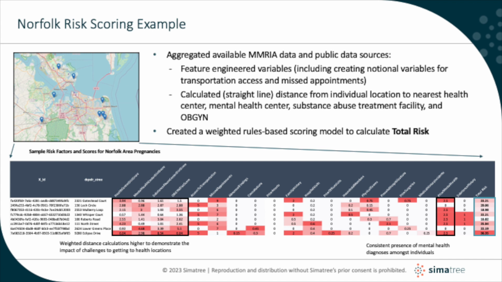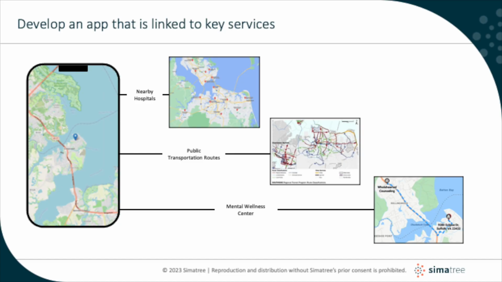Our final model would be able to prioritize and bucket these individuals into programs to identify the most appropriate approach to get them the care and assistance that's needed. Now, to supplement our risk model, we are also proposing the creation of a mobile application that takes an individual's location and helps them identify the nearest location of key services, whether it be hospitals, substance abuse treatment facilities, or mental wellness centers. The idea is to provide as much information at individuals' fingertips to streamline the process to getting the required support.